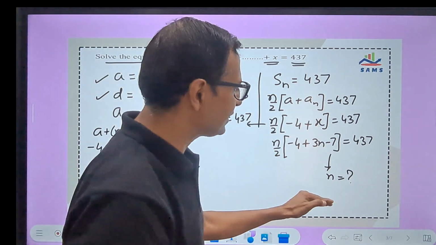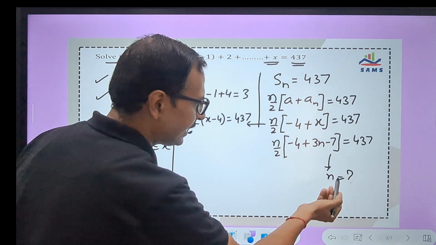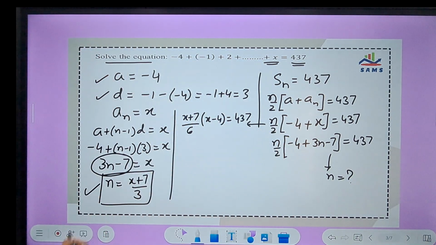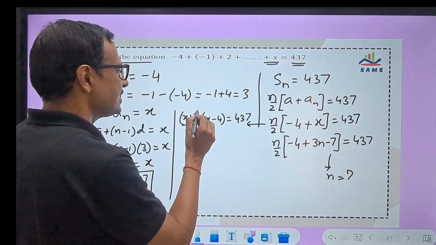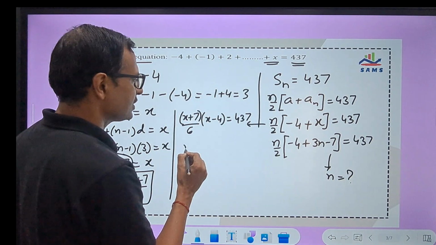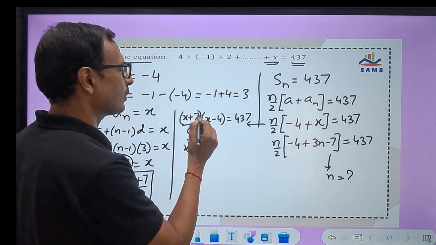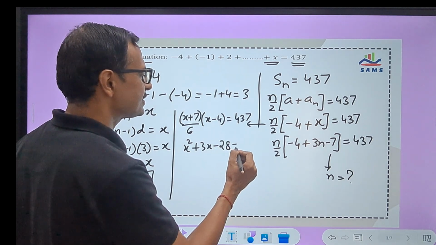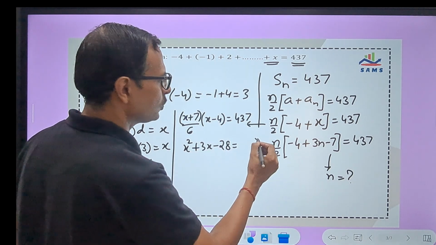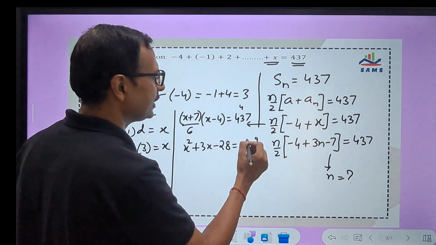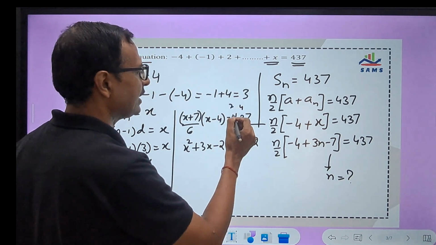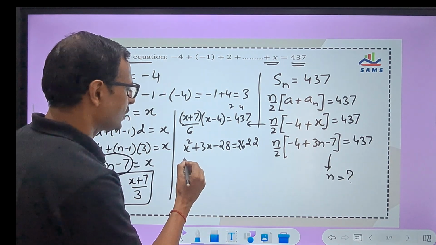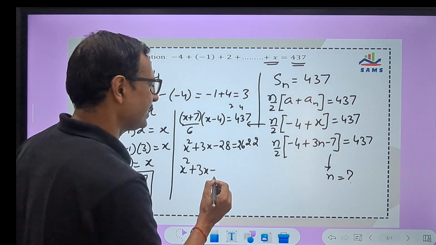So either you can do like this by eliminating x, finding n, and then finding x, or you can directly eliminate n using this. And now this is the quadratic which you will get. So this will be x square, and then -4 plus 7 is plus 3x, and minus 28 equals 6 times this, 6 7s are 42, 6 4s are 24, 26, so 2 6 2 2. So here we will have x square plus 3x minus